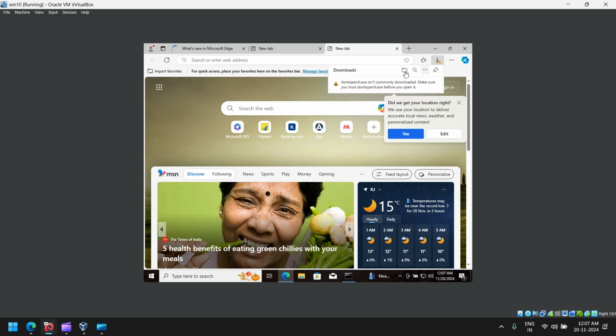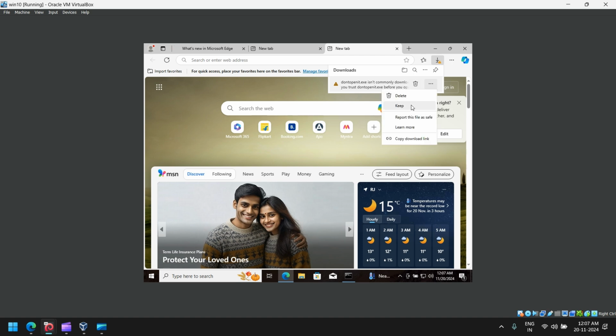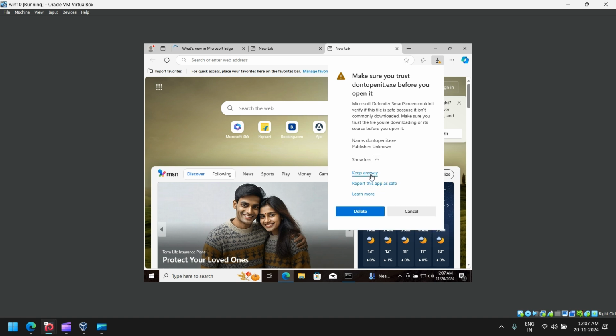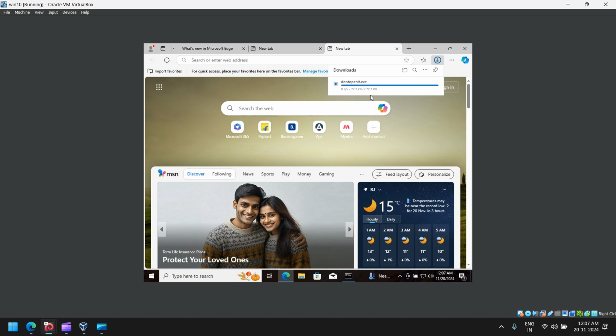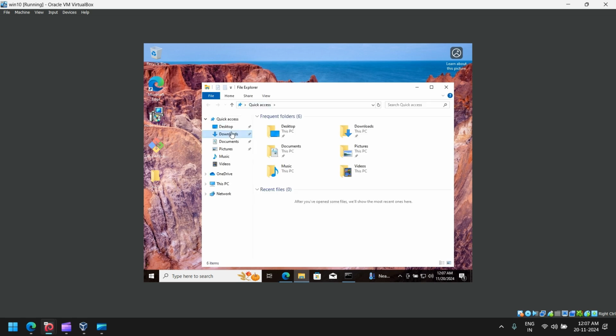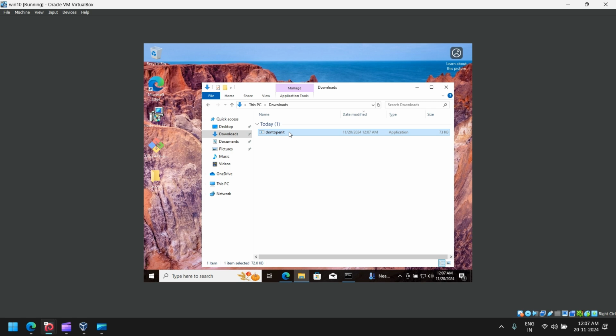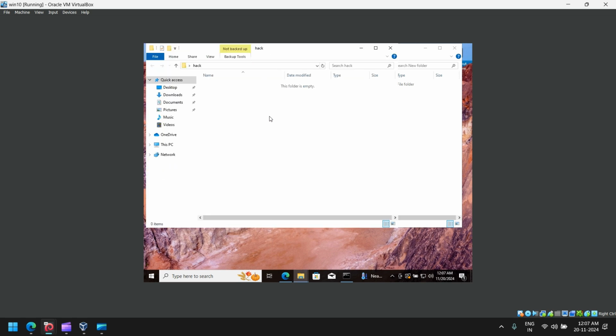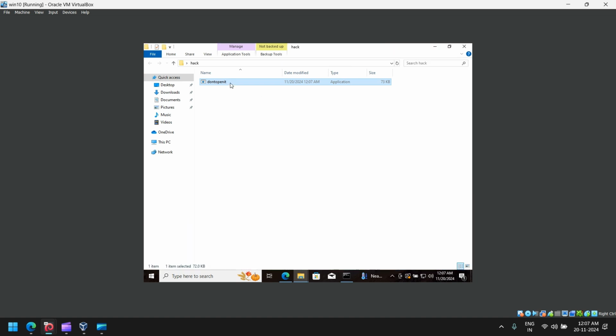Okay, it has downloaded. Okay, and since it is a malicious file, I will do keep it anyway. Okay, so it is downloaded. So what I will do is just move it to a secure folder. Just do control X, go to, okay, I go to the hack folder. I just control V here. Okay, so this is my file,